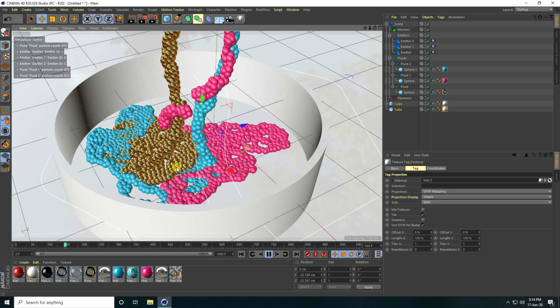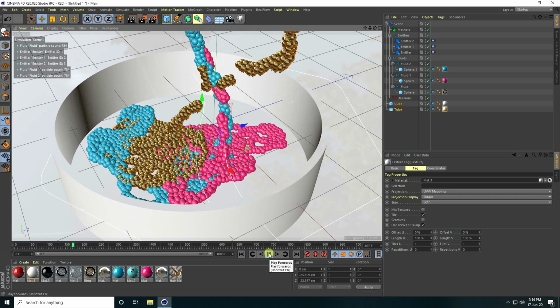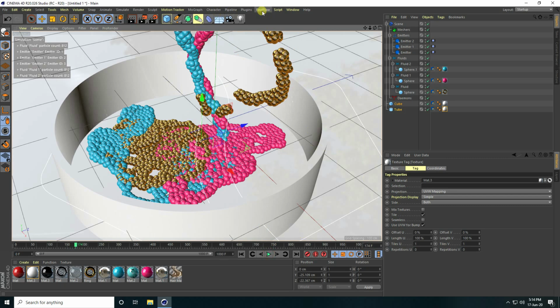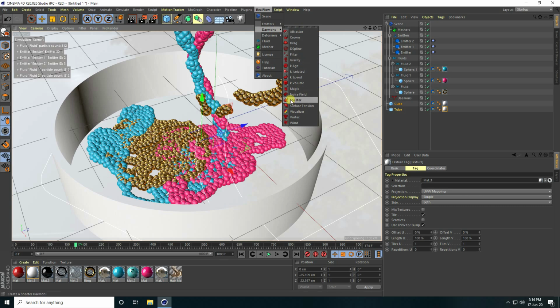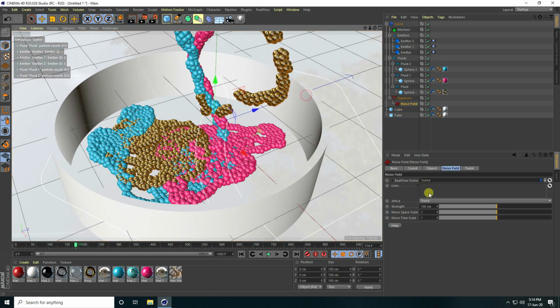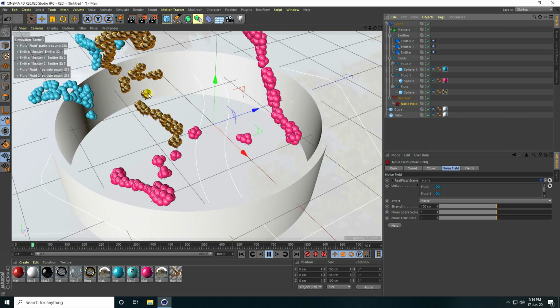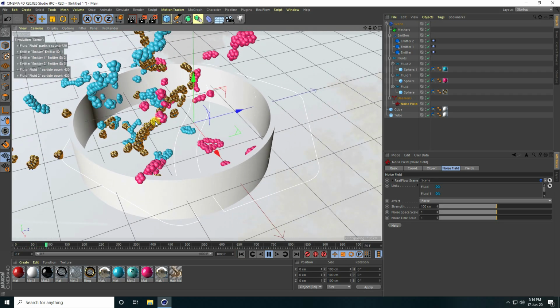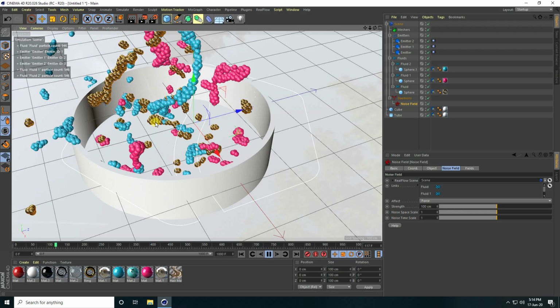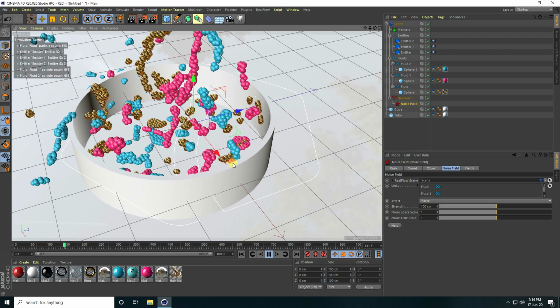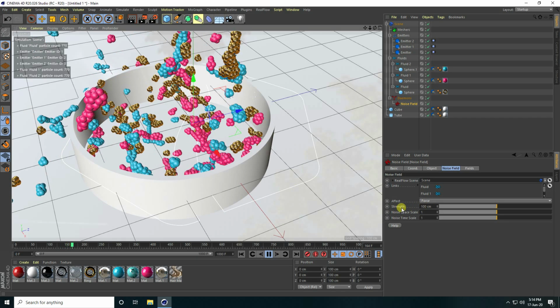Okay, so guys, now I create fly animation. So stop and now guys, go to again RealFlow. Guys, this time I take noise field, this one, and select this flood link on here, link. So go to back and play. Yeah, see, it's really good. Okay, so guys, you can change also strength, this one.